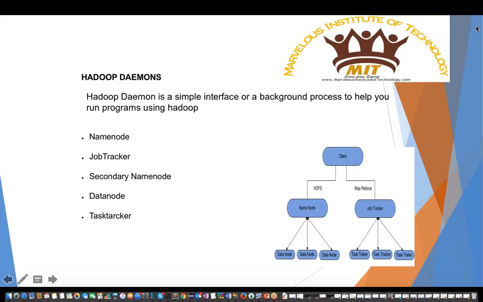Whatever operation you do with your cluster, each operation will be treated as a transaction to the cluster from the client. These transactions will be